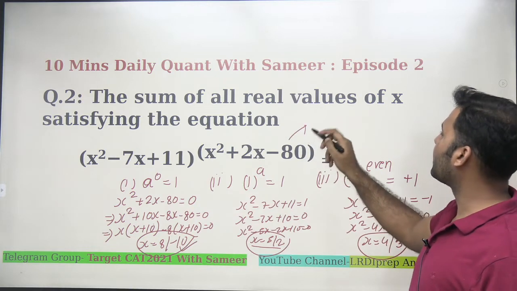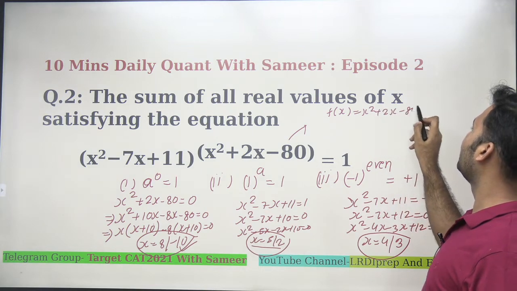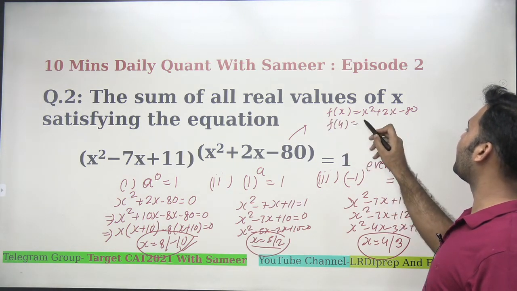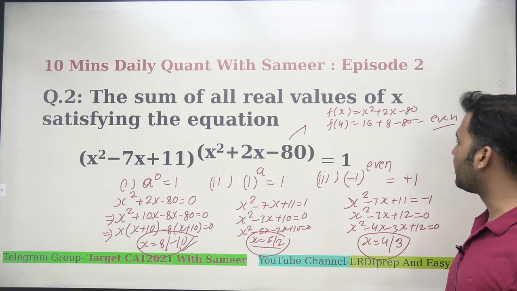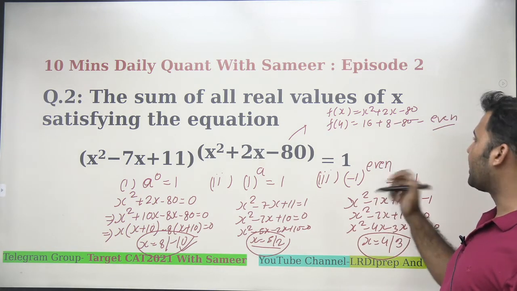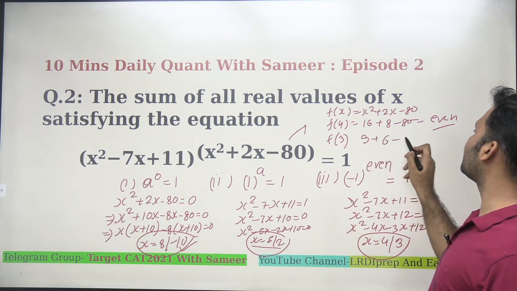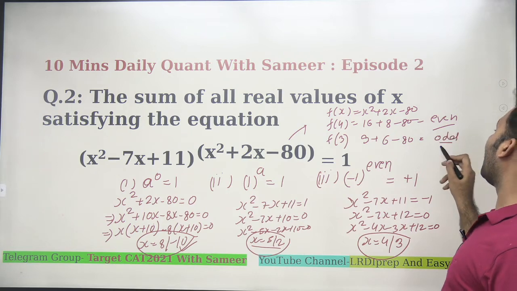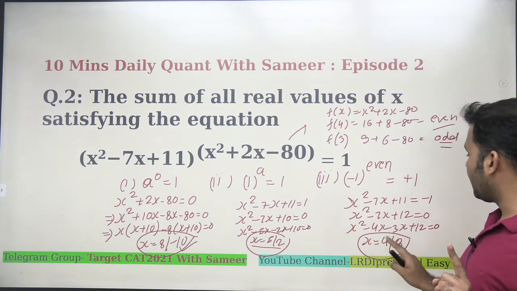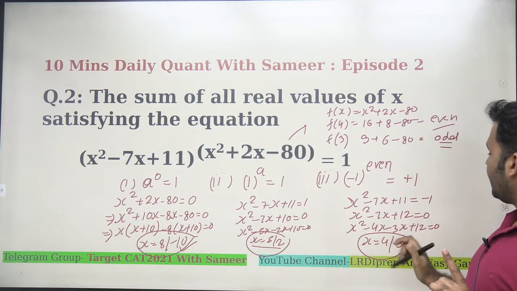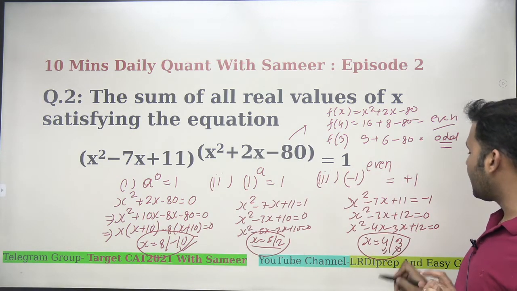Now if I say this f(x) is x square plus 2x minus 80, if I find the value of f(4), this is 4 squared, 16, plus 8 minus 80, which would be an even number, right? Even plus even minus even would be an even number for sure. And if I put x as 3 here, this is 3 squared, 9, plus 3 into 2, 6, minus 80. You see that this would be an odd value. I'm looking for those values of x for which this power will be an even number. At x equal to 4, it is even. So I will take only x equal to 4 as a possible value which will satisfy this equation, but x equal to 3 will not satisfy the equation.